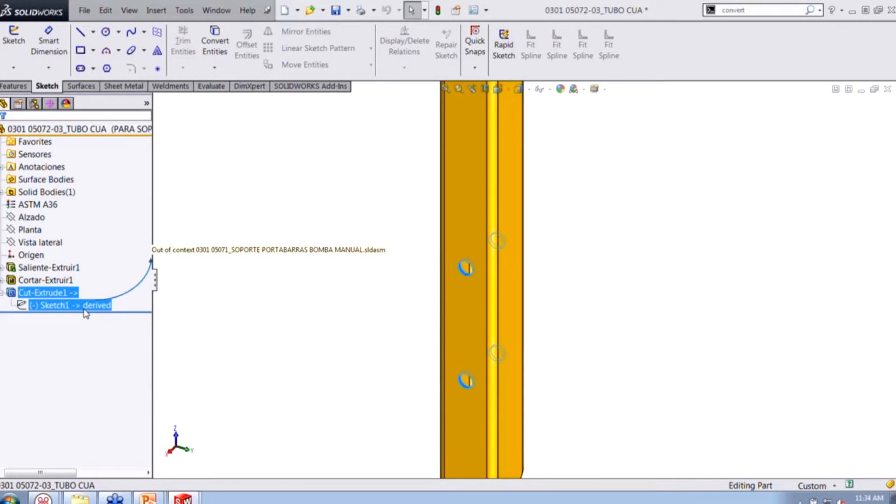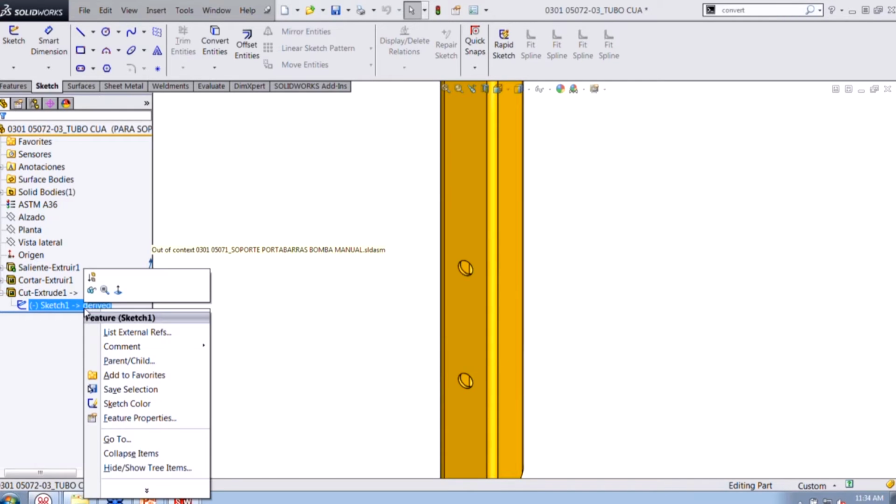In that case, because the sketch was done in the assembly, that's where the original is. So if I right-click, you can see there's no Edit Sketch button. There's a Suppress. I can hide it, but I'm not able to edit it. So for instance, if I want to add another hole in here by myself, I wouldn't be able to do that, okay? Because